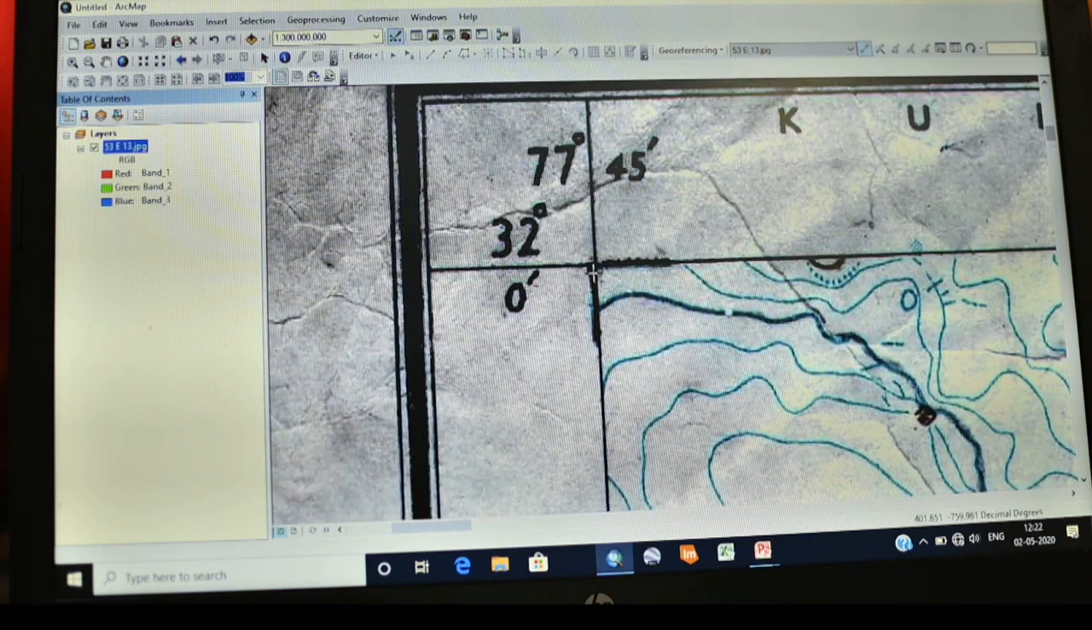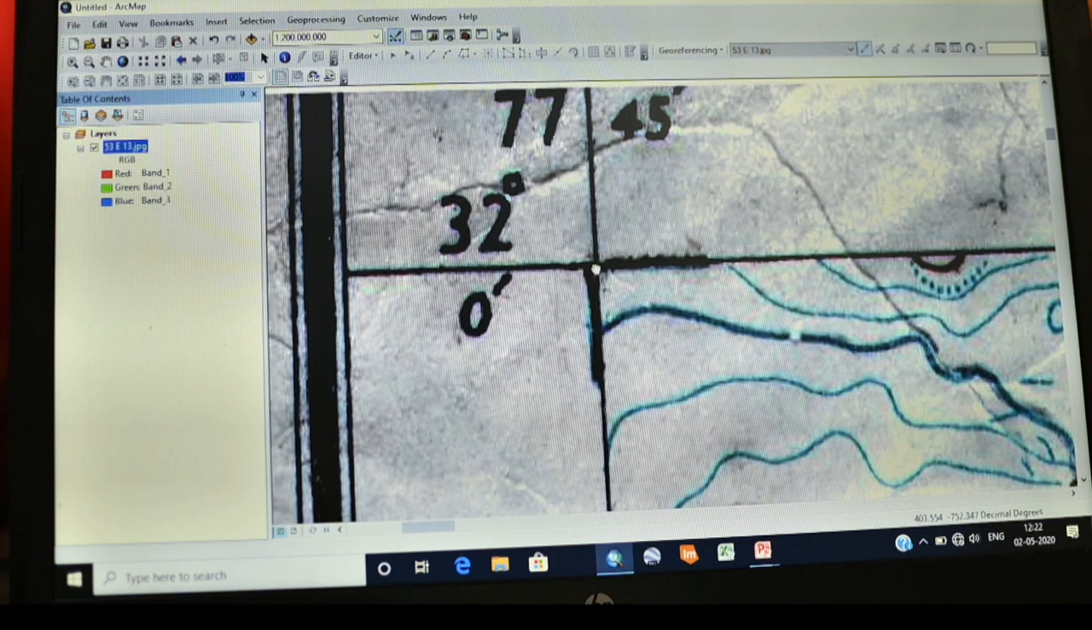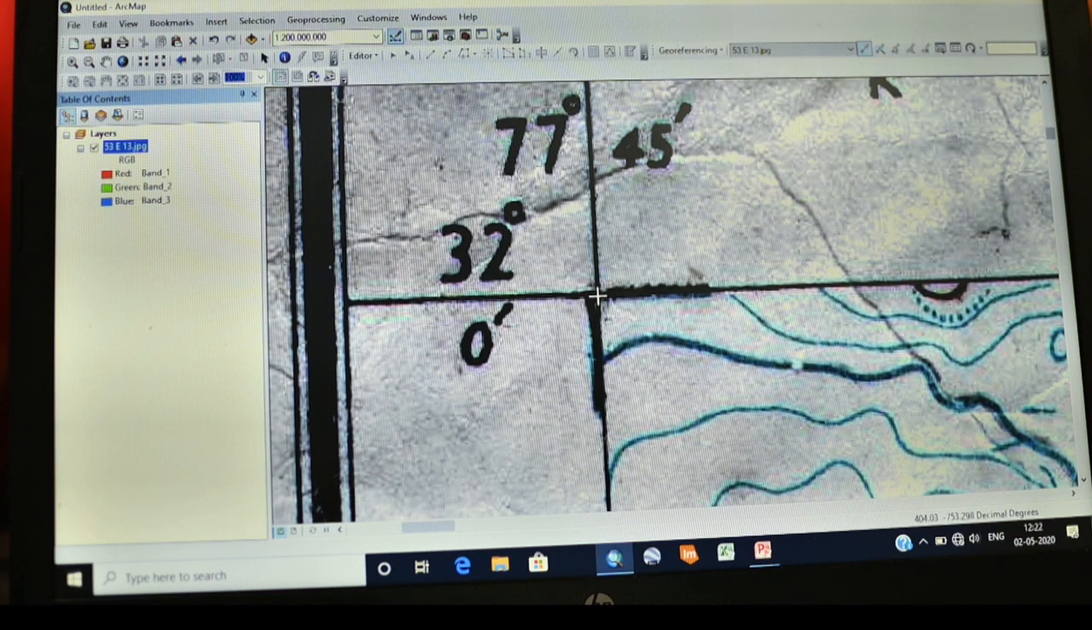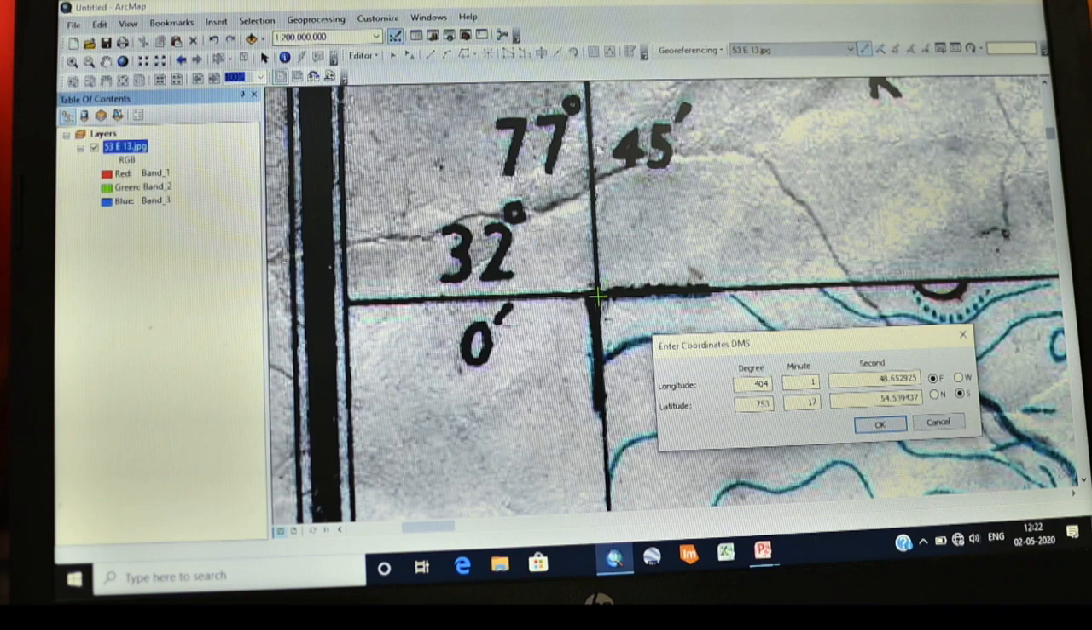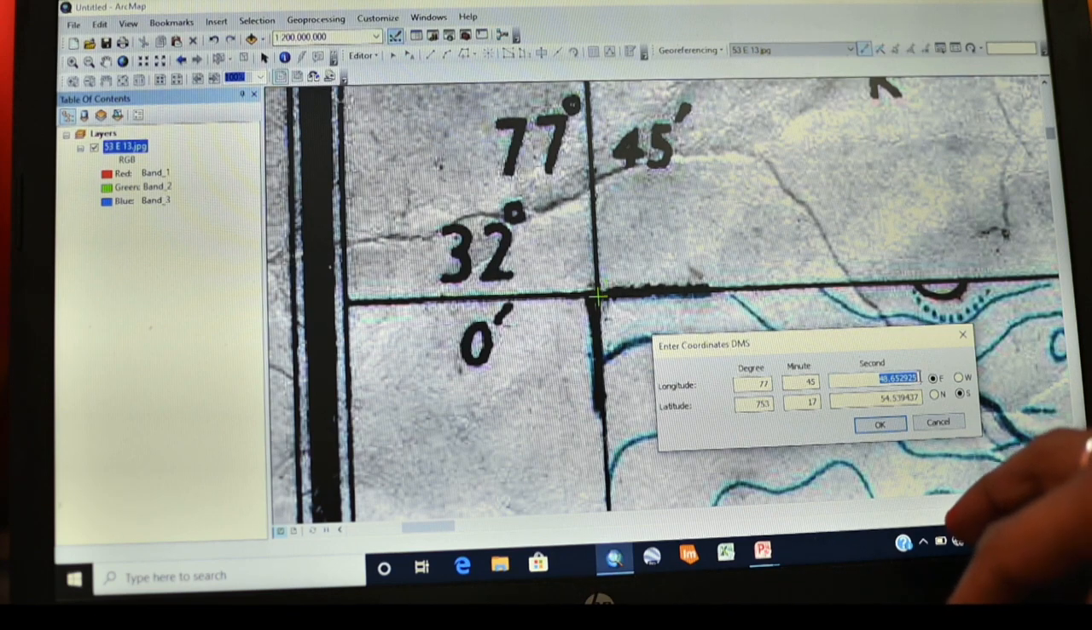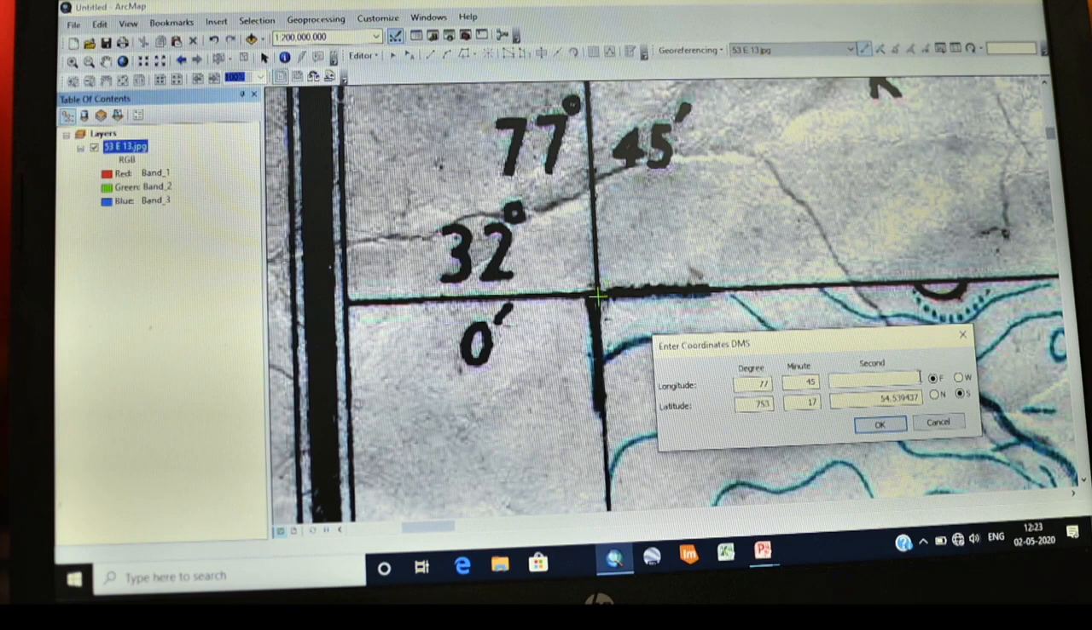So what you have to do is click here on this intersection point, right click and input the DMS of longitude and latitude. So right click and you will see that longitude is 77 degree 45 minutes. So click here, the degree means 77 and 45 minutes. And you have to keep this second column blank, so you can delete it and ensure that this E is selected, means